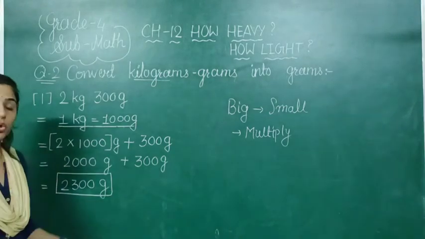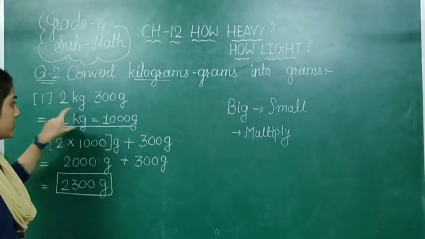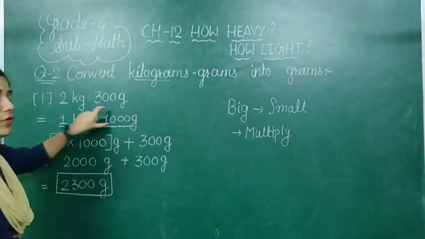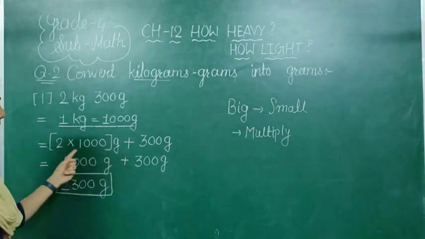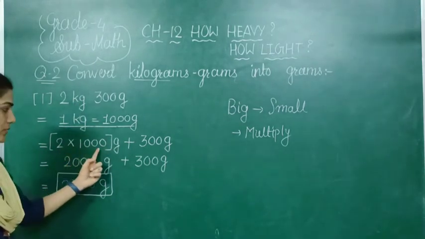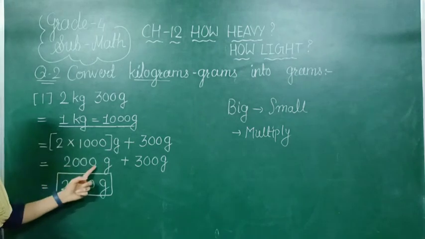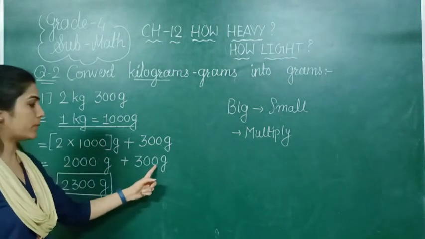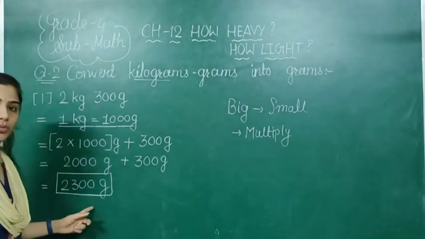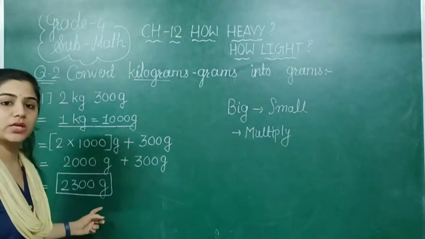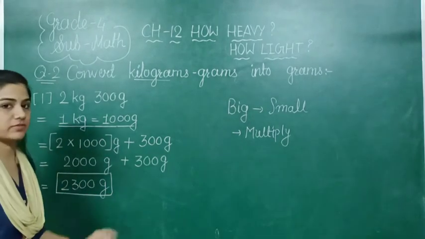See what we have done, totally opposite method than this question 1. 2 kg 300 gram. Here we have written the formula. Now only 2 kg we will convert into gram. That means this whole step is for this 2 kg. 2 multiply 1000 gram plus 300 gram. 2 multiply 1000, so 2000 gram plus 300 gram, same we are copying. Now same units are there. So we are directly doing the addition sum. So 2000 plus 300, that is 2300 gram is our answer.